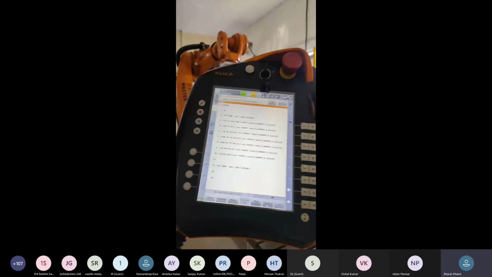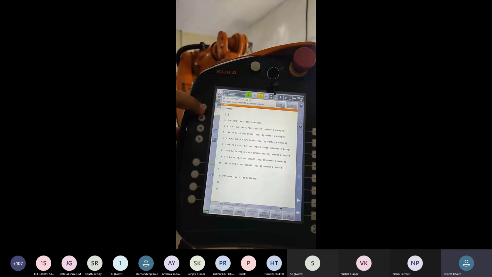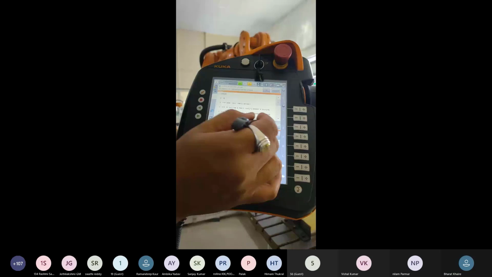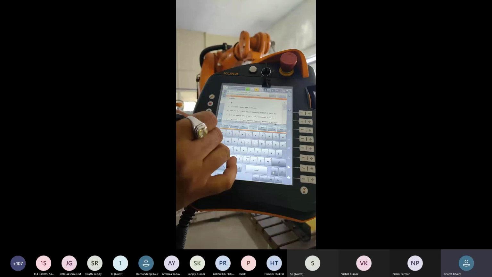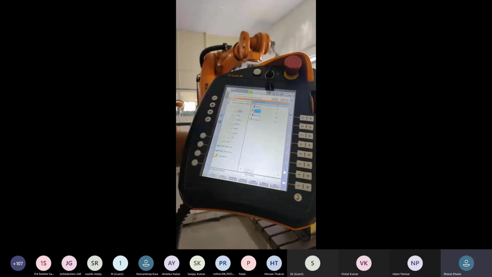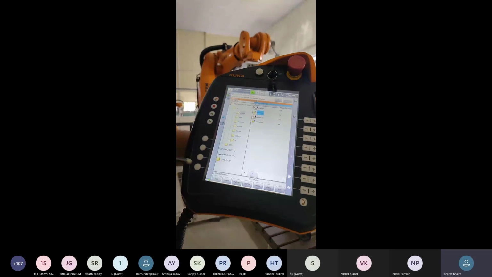So here one editing key is given. By pressing the editing key, the keypad is generated here. So give here backside. Again we will do it. Okay. So our program is circle 135.